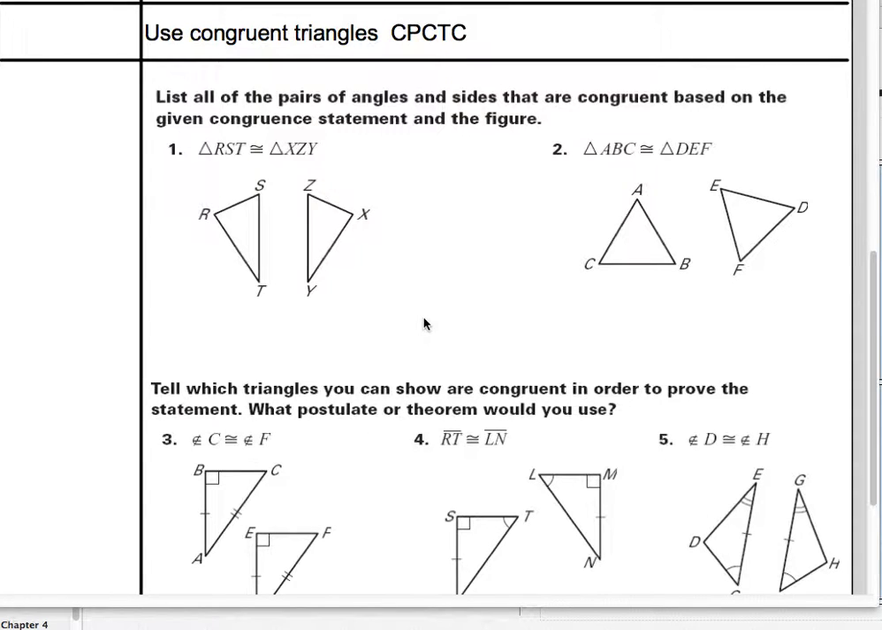particular part in another triangle. But in order to get to knowing that, we would have to first know that the triangles are congruent so that we could say that those parts are congruent. So that's all about this theorem right here,